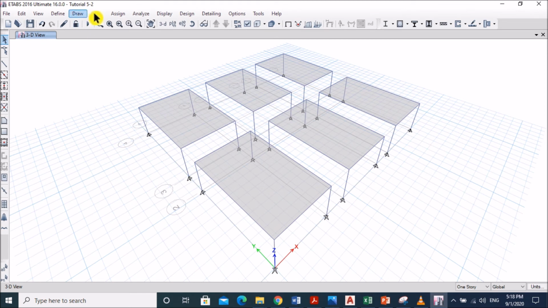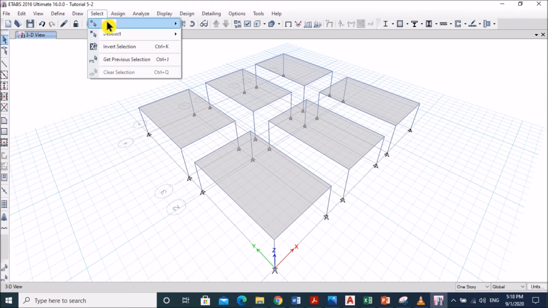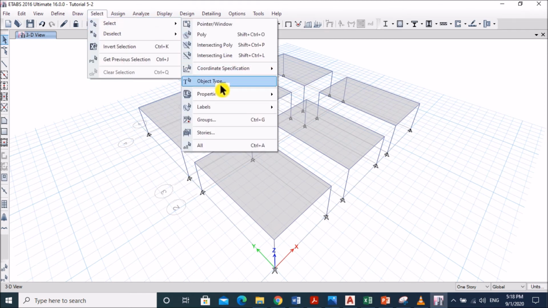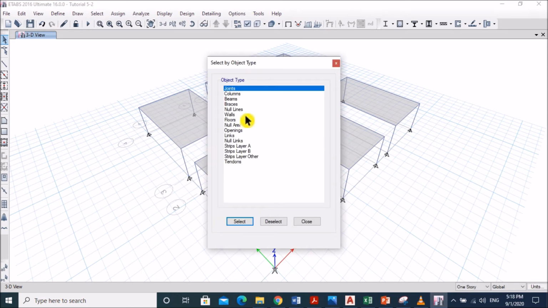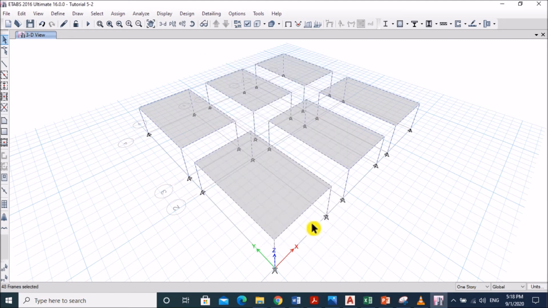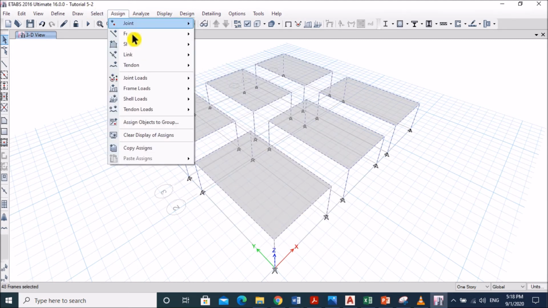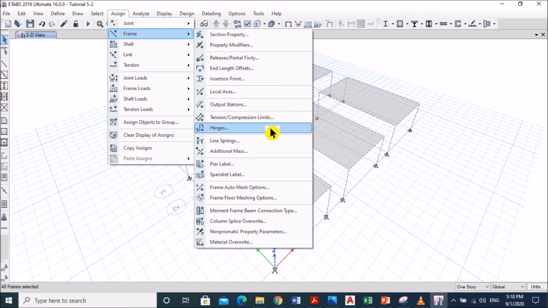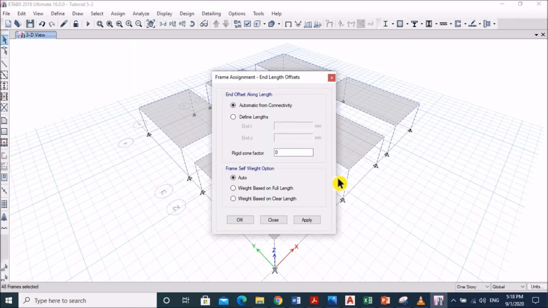Okay, and then select object type, column and beam, select, close, then assign frame, end length offset, because we are going to change the end offset. Previously it was automatic from connectivity.